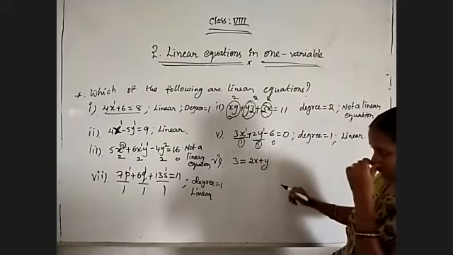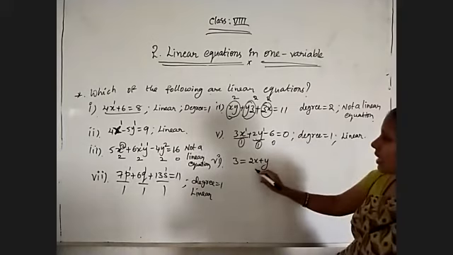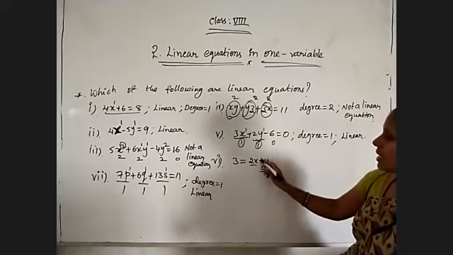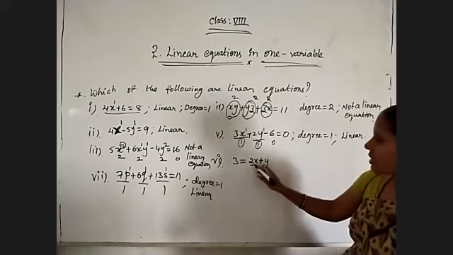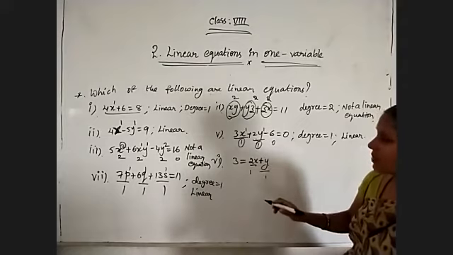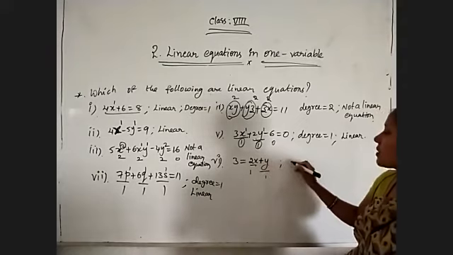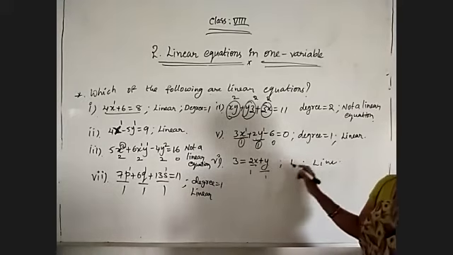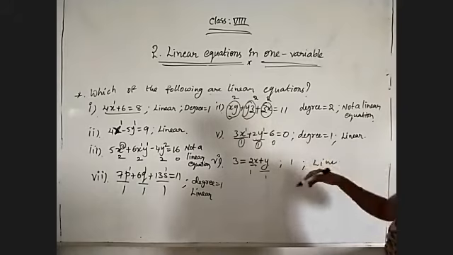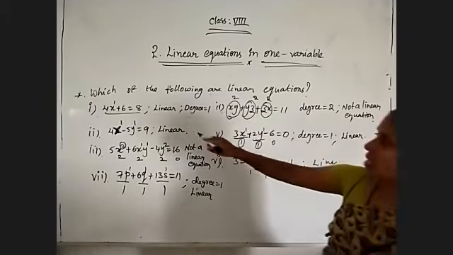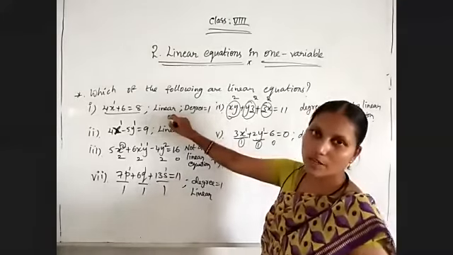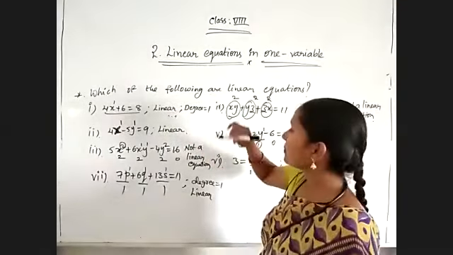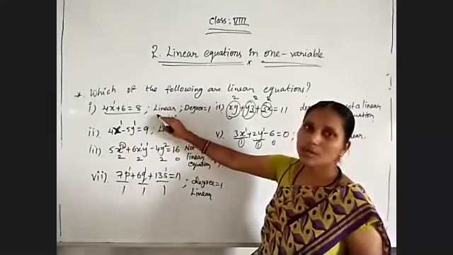Now coming to the next, sixth problem. Here also two variables we have, x and y, and they are separated by a plus sign. The degree of x is 1, and the degree of y is also 1. The complete degree of the equation is 1. So it is also a linear equation, but here two variables are there, so linear equation in two variables. Coming to all these questions, the first one represents a linear equation in one variable, and it is also called a simple equation.